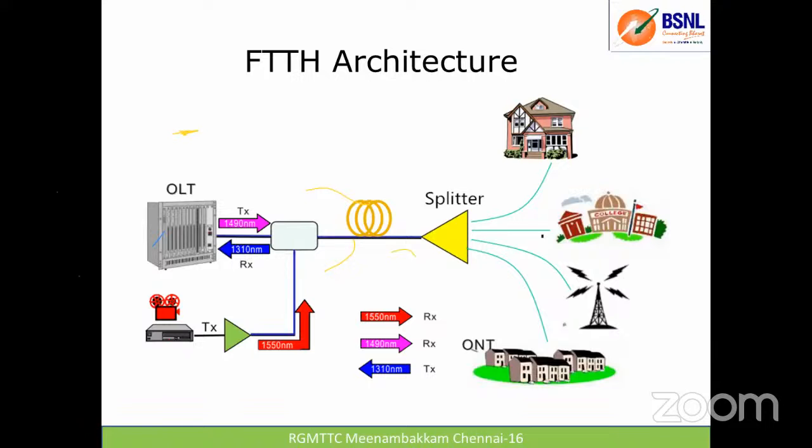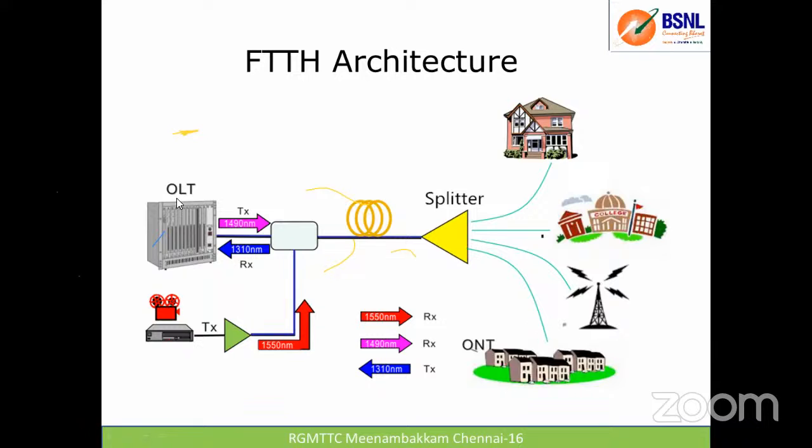This is the FTTH architecture, that is, an OLT, the optical line terminal. The transmitting download wavelength is 1490 nanometer. In some cases, it is 1510 nanometer. In case of receiving, that is upload, it is 1310 nanometer. From the OLT, we are using a splitter. From the splitter, it is connected to different customer ends or customer